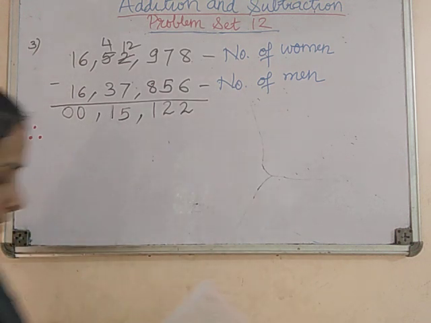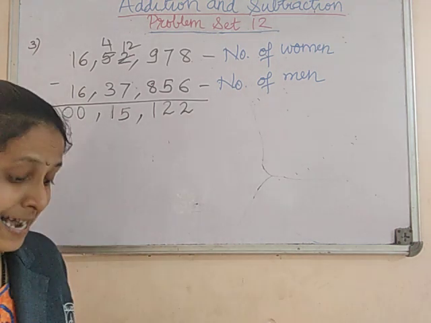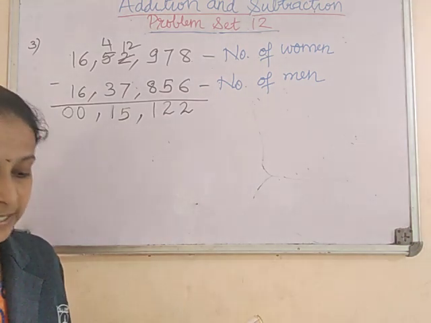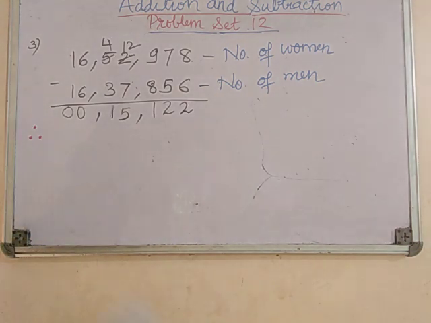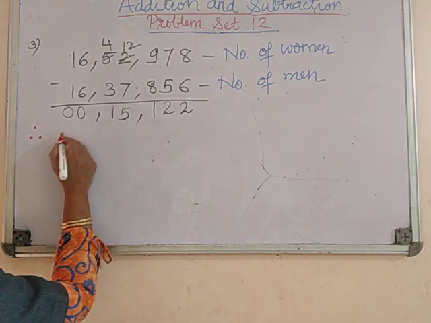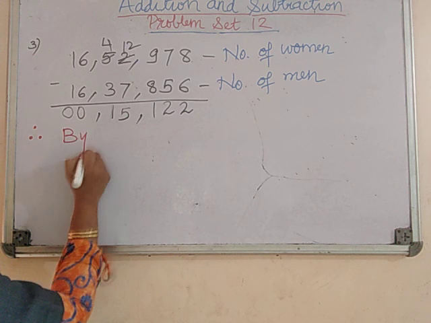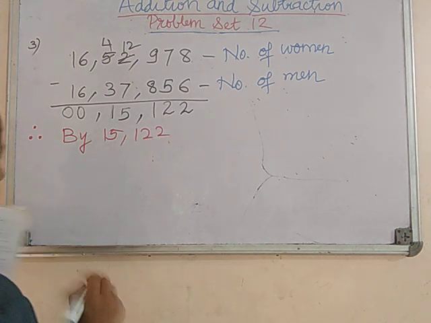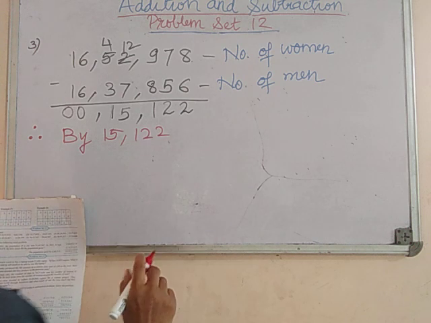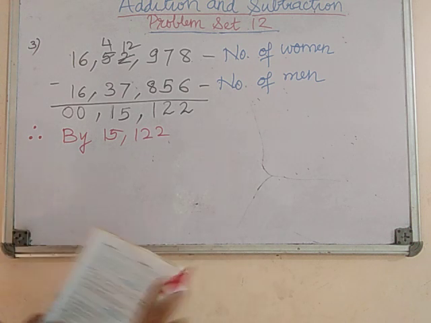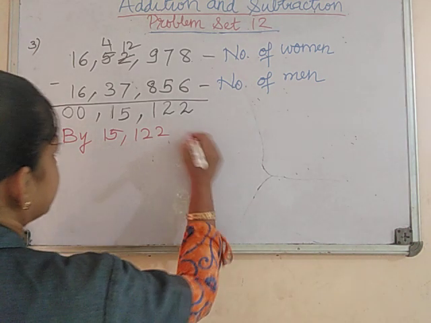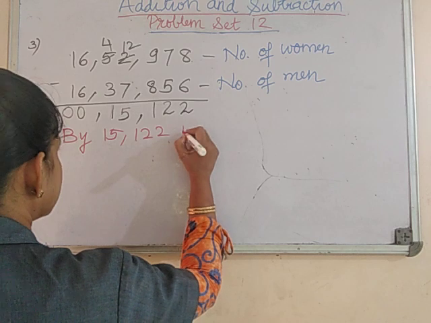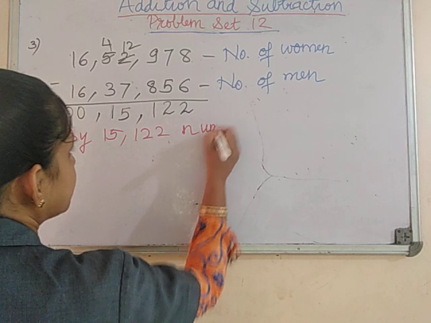So the question is, by how many does the number of women exceed the number of men? So you should write by 15,122, by 15,122 number of women,